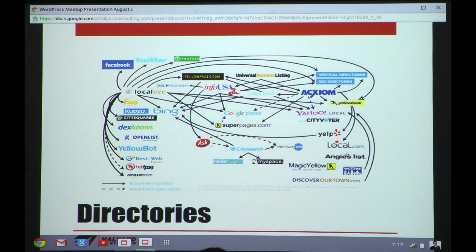Now, there's a caveat to that. The caveat is you need to look for directories that are above your page rank, where you are currently, and I'll get into page rank in a second, and you have to make sure that they are legitimate. So as a rule for myself personally, I never pay to get into a directory, even that big one. I don't even know what they are. They're always at the conventions.